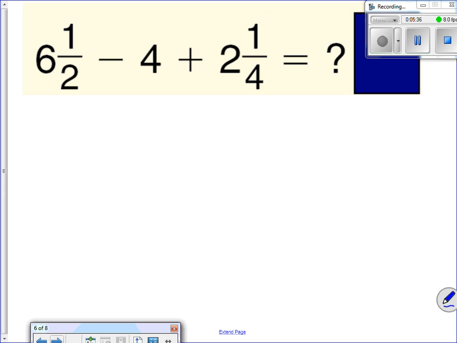Here we're subtracting and we're adding. When we're doing this, we're going to read it from left to right, so we're going to subtract first. This first part's pretty easy. 6.5 minus 4 would give me 2.5